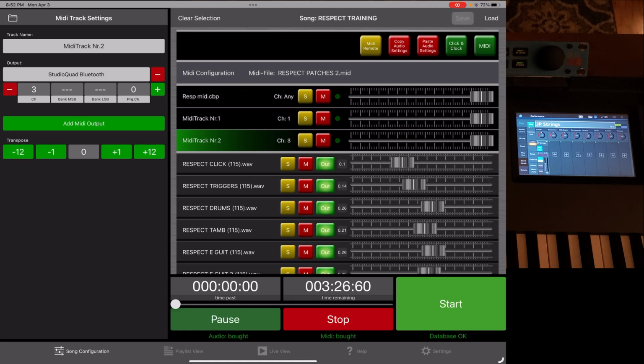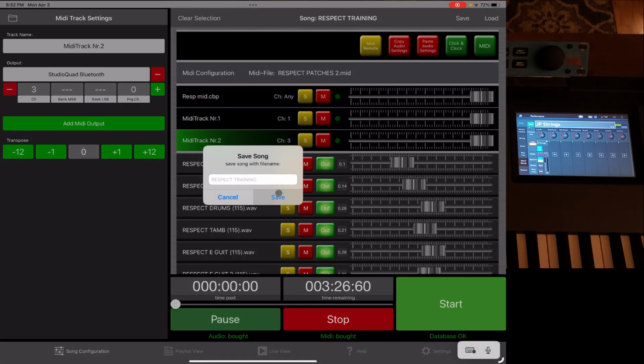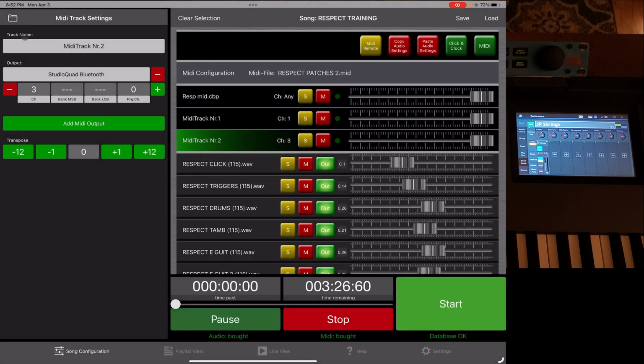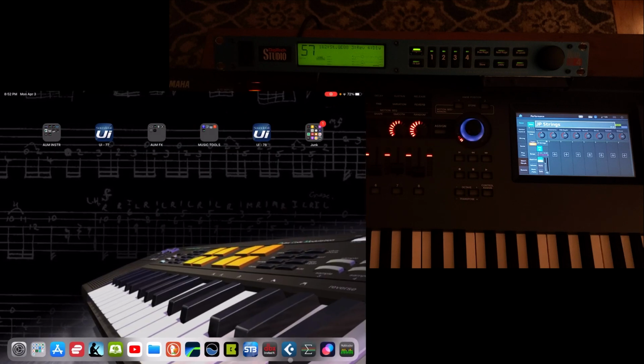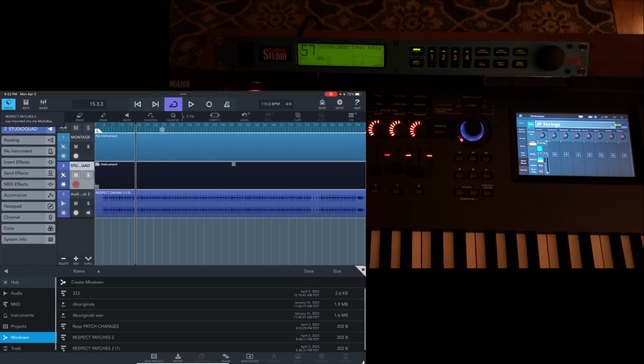And then all you do is take that and save it. I saved that as Respect Training. There we go, we're all set. And just like that, we have MIDI program changes wherever you wish, and that would be according to however you set that up when you put it in a timeline on your DAW if you load in the tracks. So isn't that easy? So you can see that Multitracker is definitely the alternative to Ableton Live for those who are performing professionally,